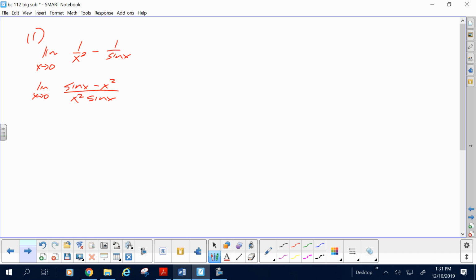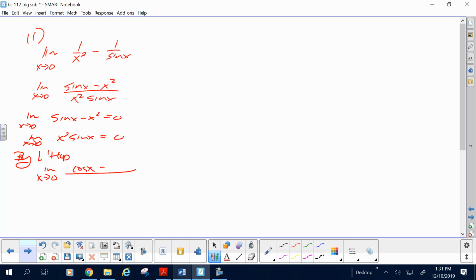So by L'Hopital, actually you justify L'Hopital: sine minus x squared goes to 0, x squared sine goes to 0. So by L'Hopital, it is the limit as x goes to 0 of cosine minus 2x over first stays the same, derivative of the second, plus second stays the same, derivative of the first. Then, if we direct sub, what do we get on the top? 1 on the bottom, and that is